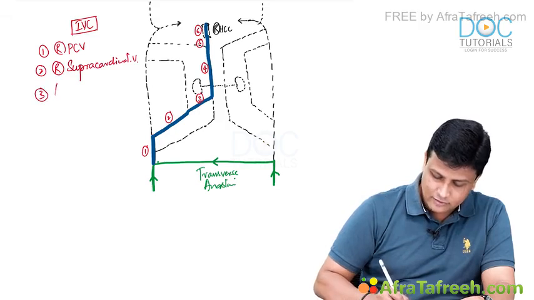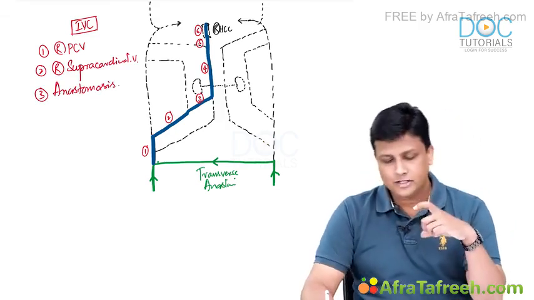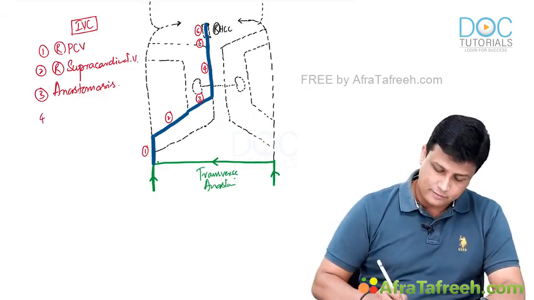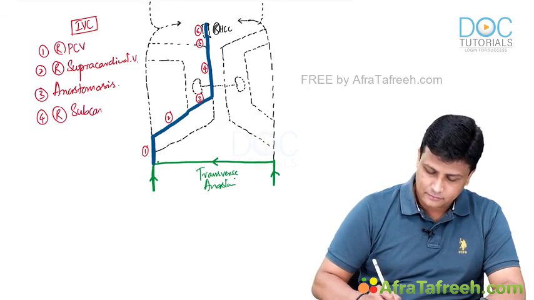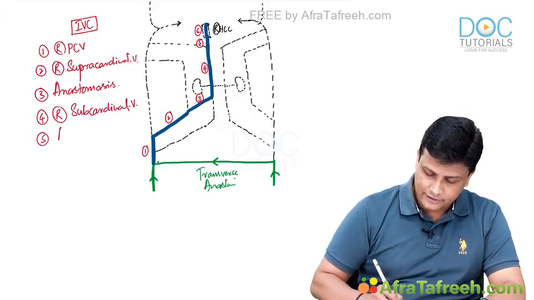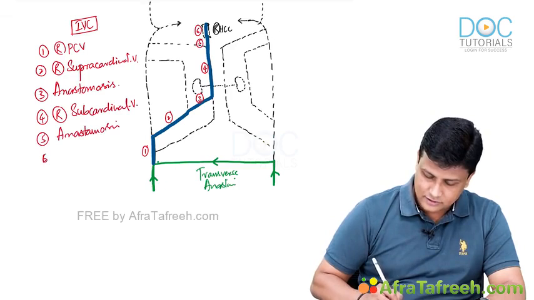And what is that number three there? It is actually anastomosis. And you all know very well that anastomosis is between what? That anastomosis is between the supra and subcardinal towards the right side. And what is number 4 here? Number 4 is right subcardinal vein. And what is number 5 again? Number 5 again will be the anastomosis. And what is that number 6? Number 6 is right